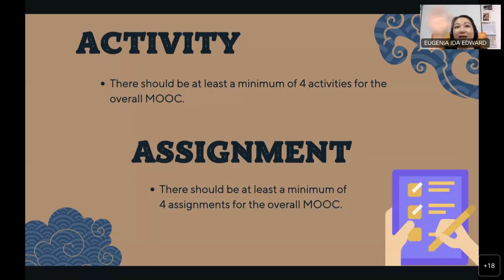It can be any other things, or probably you want to take your 14 weeks full-time course. Maybe you take one topic and share it as a MOOC, that also can. It's okay. All right.